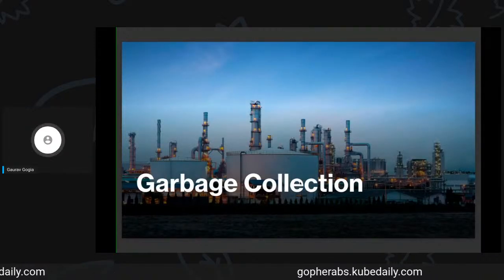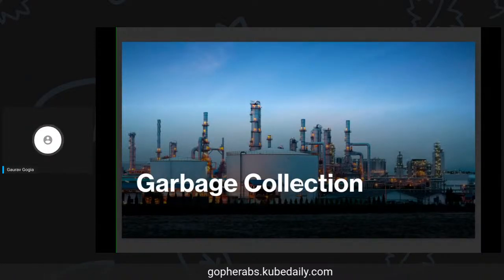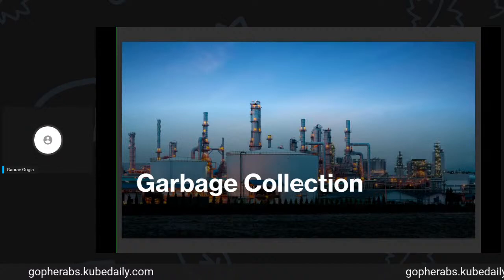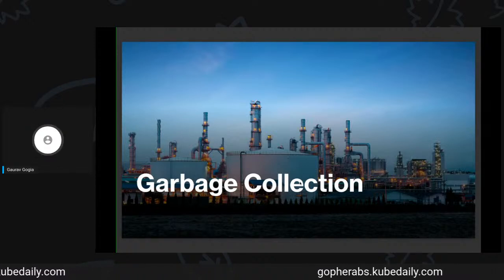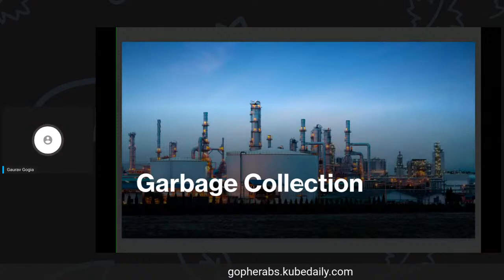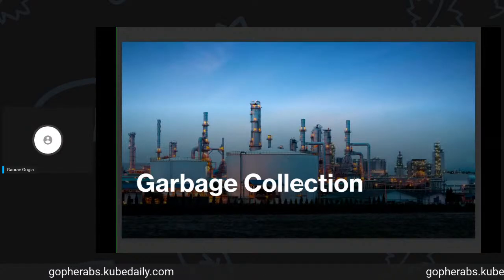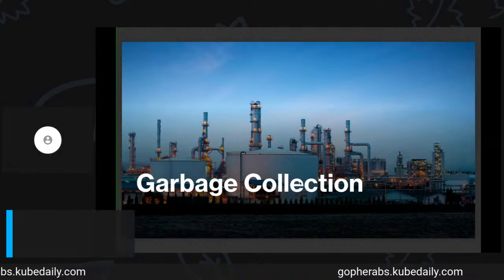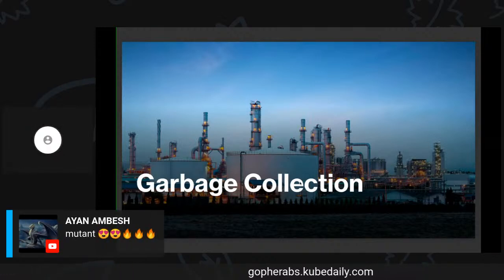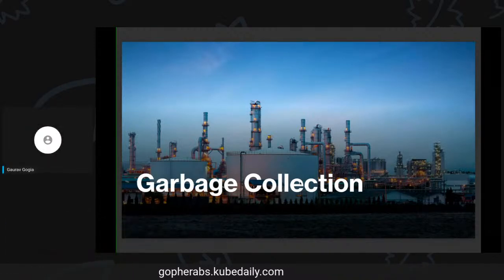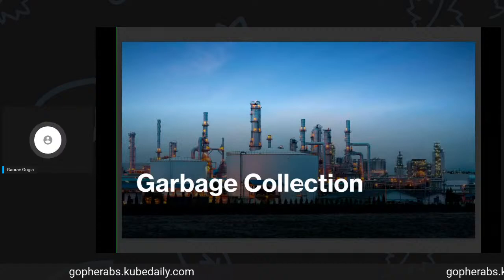When I say garbage collection, I'm just essentially piggybacking on Golang's garbage collection. I have not implemented it myself. I'm not reinventing the wheel here. So Mutant programming language does garbage collection by simply using Golang's garbage collection feature. It works really well. There was no reason to change anything, so it came as an automatic feature into the Mutant programming language.